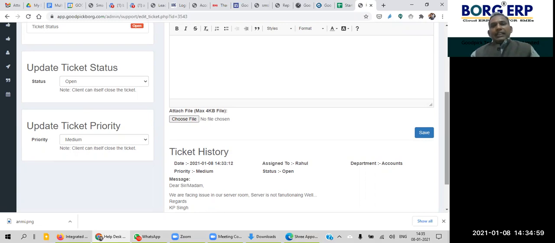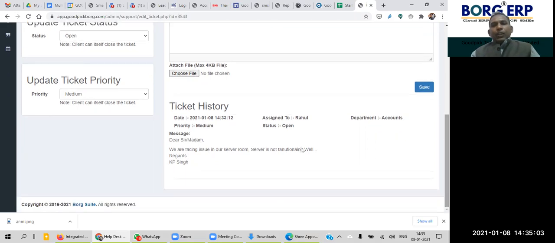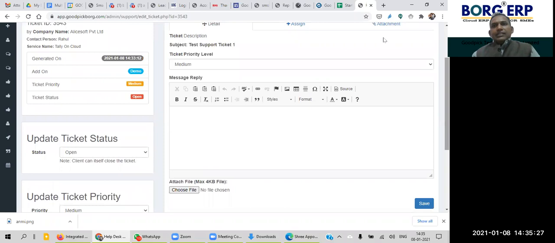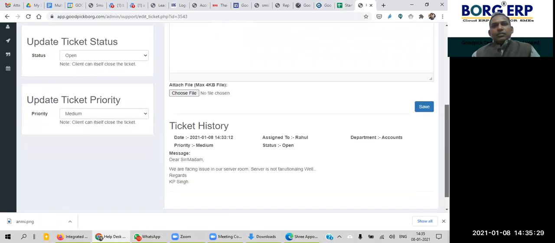In the case of mail, you can't track anything, but here you can open this window and track how many interactions there were and who has been involved in the ticket since the beginning. For example, Rahul has replied to the ticket, which department the ticket is open for, when the reply was given, and the priority is medium.